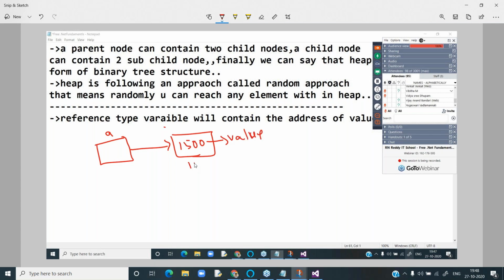And second is object. Object, you are also a class. So this is the story about it.